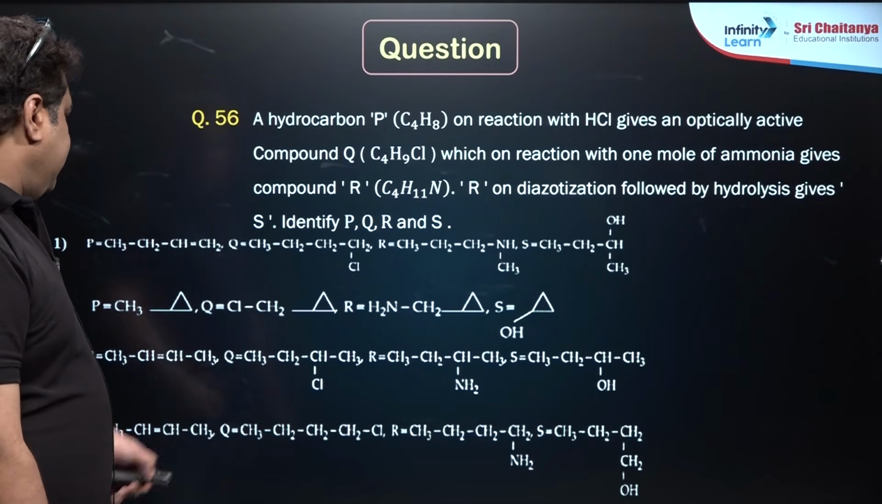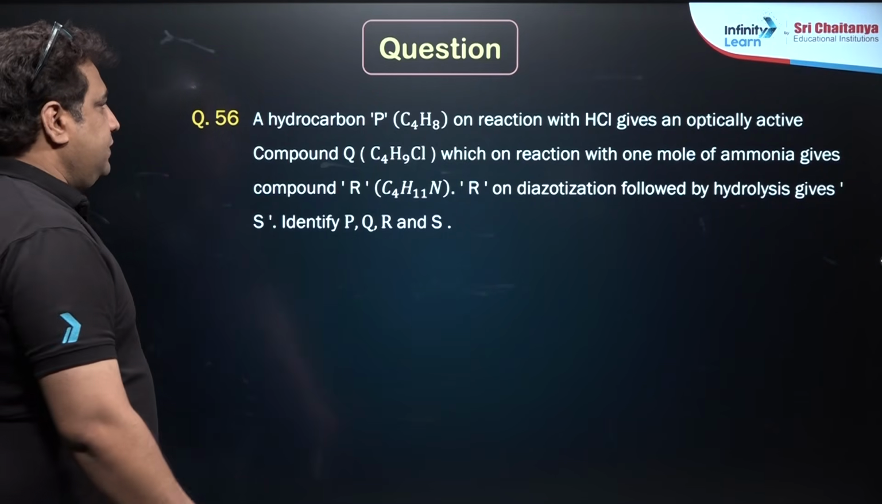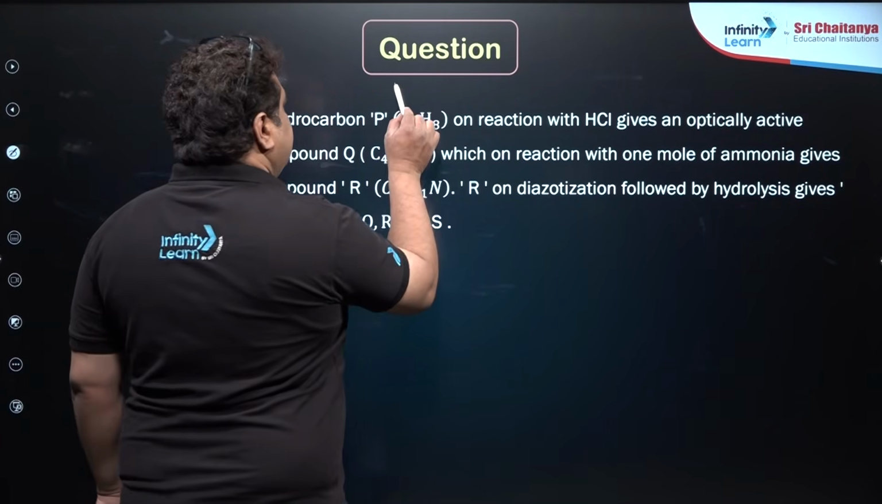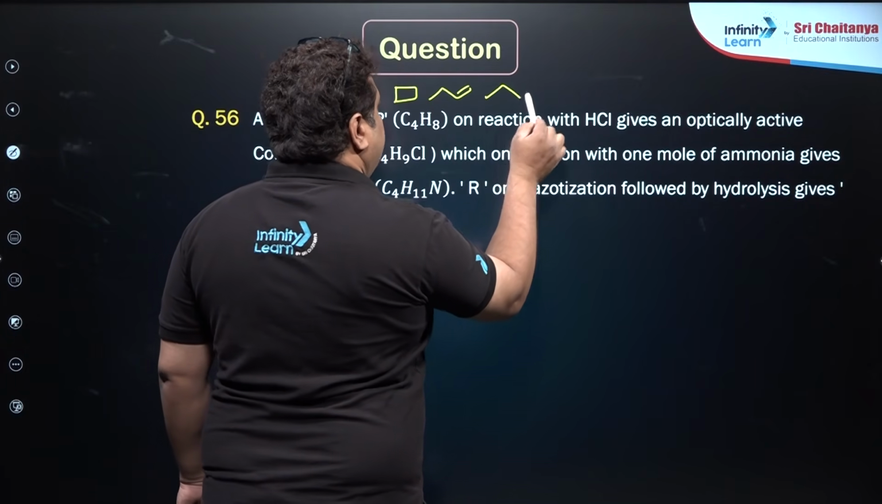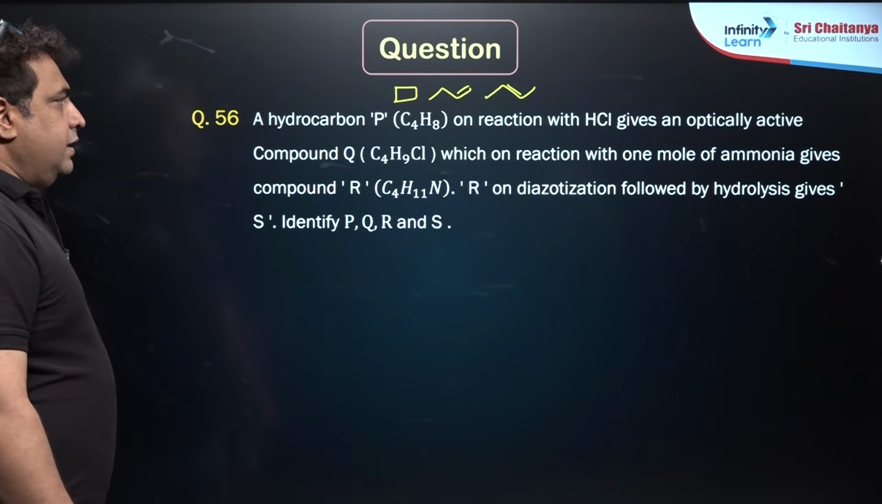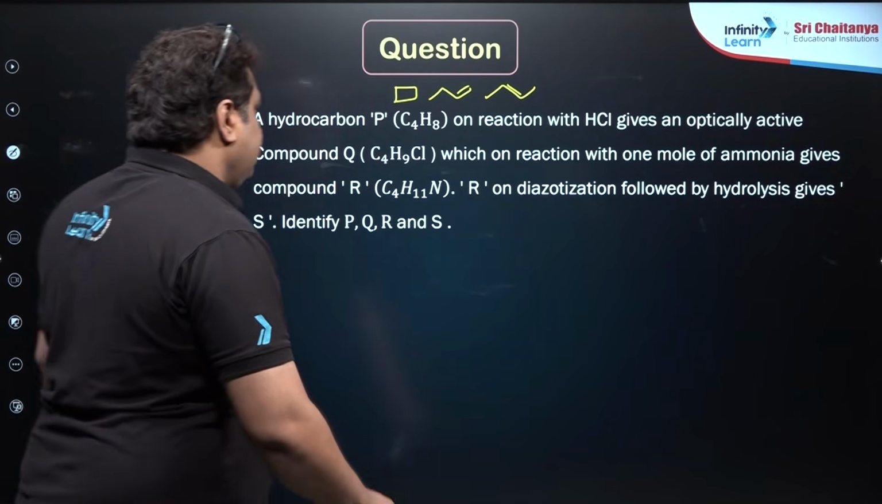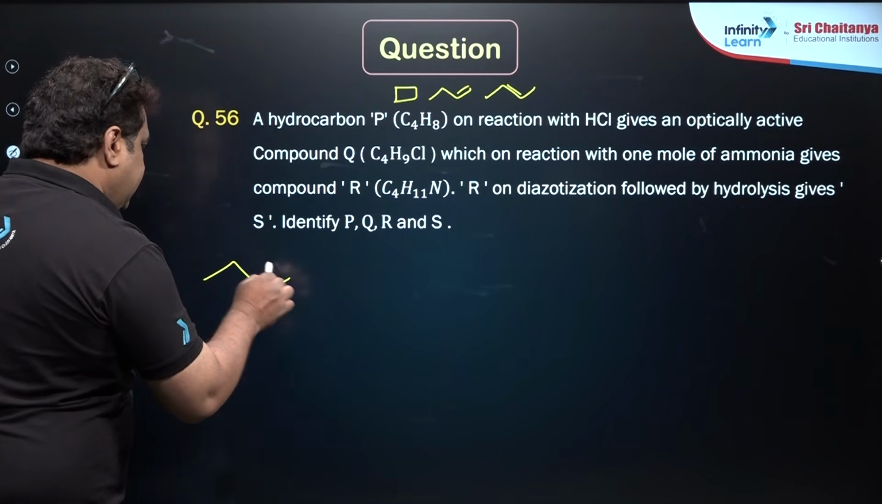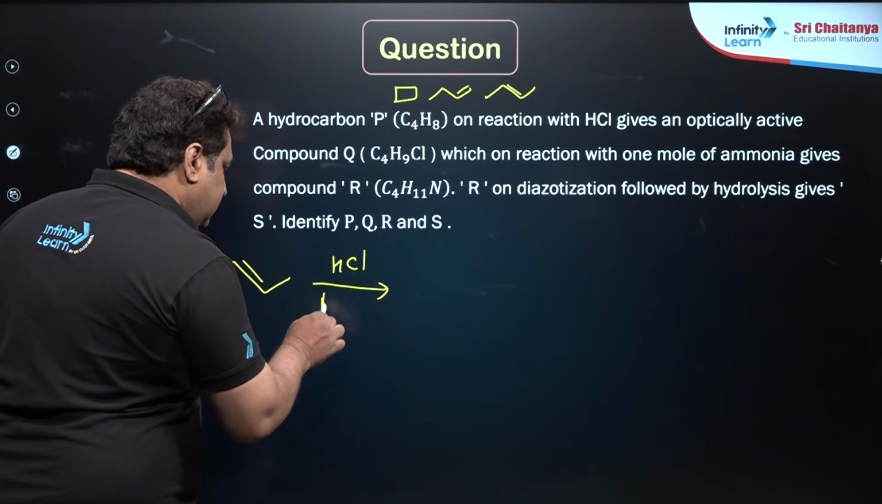This we will solve in next page, okay. A hydrocarbon P is C4H8. C4H8 means it can be cyclobutane or it can be butene, 1-butene or 2-butene. But he is saying that it is giving only one optically active compound on reaction. So, hence the compound we can take is this one. If you treat with HCl, Markovnikov addition,